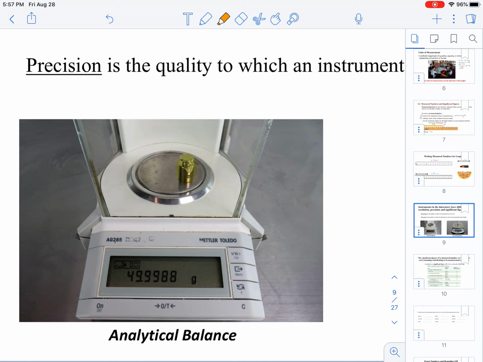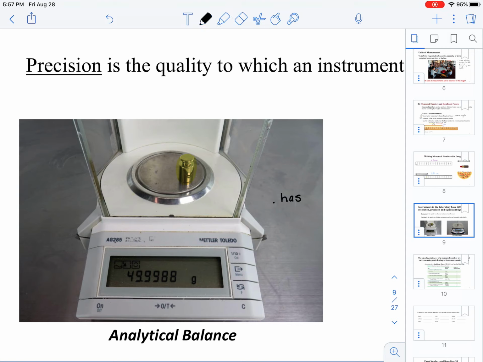Okay, so you're utilizing two different instruments to take the measurement of mass for the same standard. Now, as you can see, at this moment we cannot tell if one is more precise than the other. The only thing that we can say is that the analytical balance, this instrument that is utilized for mass,